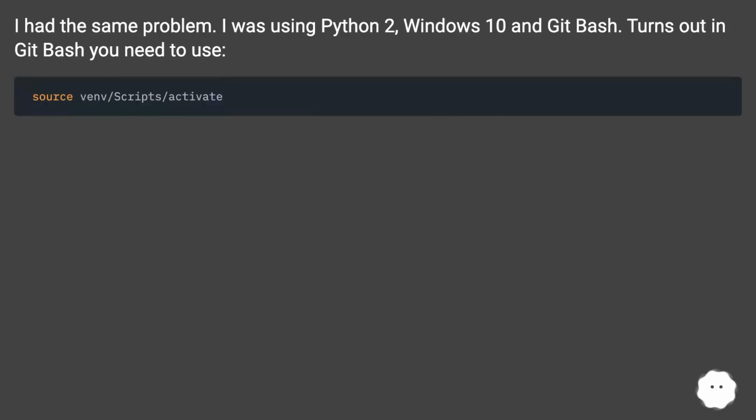I had the same problem. I was using Python 2, Windows 10, and Git Bash. Turns out in Git Bash you need to use